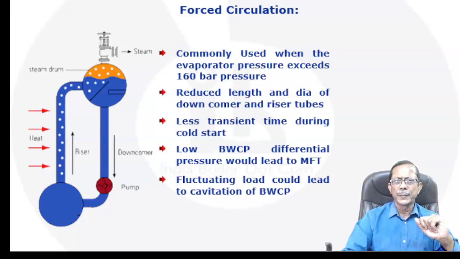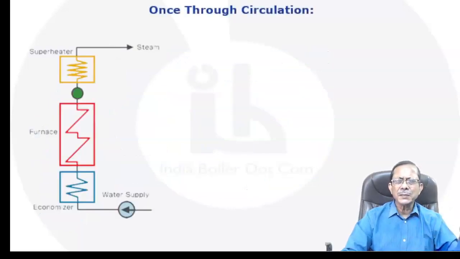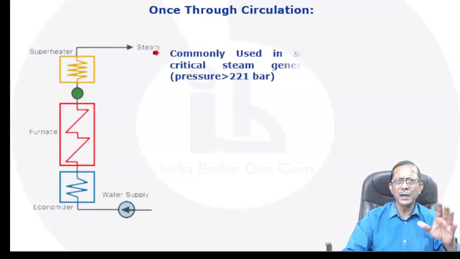So that is another issue that has to be very particularly monitored in case of a forced circulation pump. Once through circulation is mostly seen in supercritical systems. That doesn't mean that subcritical systems do not have once through. There are 88 bar, 100 bar pressure once through systems available. I have seen one barge mounted once through boiler in Andhra Pradesh. Okay, but yeah, supercritical systems are the ones where you are going to commonly see the once through,